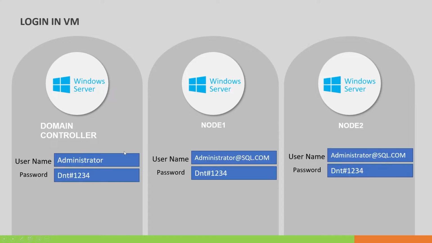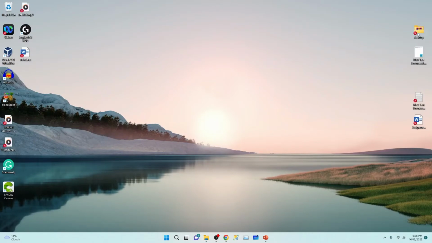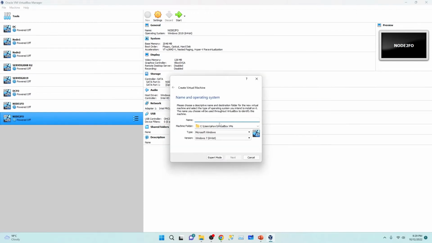Okay, so let's get started. I have already installed Oracle VirtualBox, and I have a couple of virtual machines here. So I will create a new machine. This machine will be my domain, so I will give the name as domain,